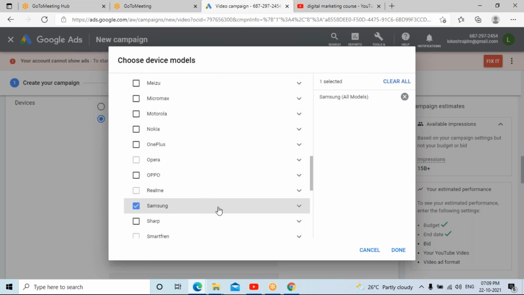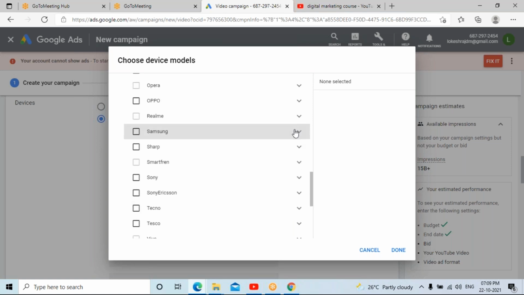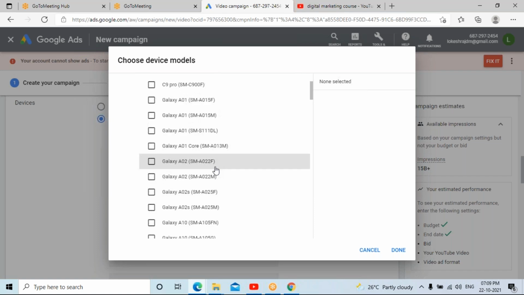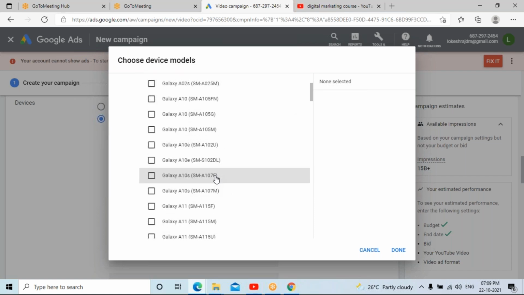If I select Samsung, I have sub options. Yeah, so you can choose like this. The user of that particular type of mobile, only that person will get the ads on YouTube.